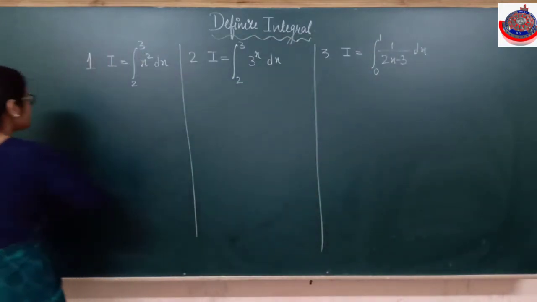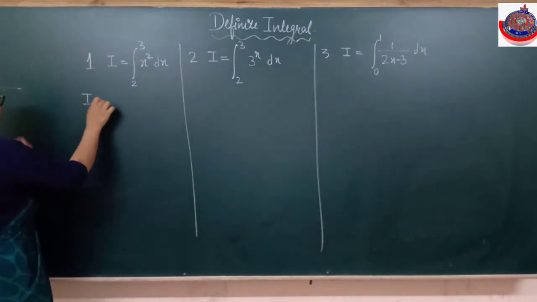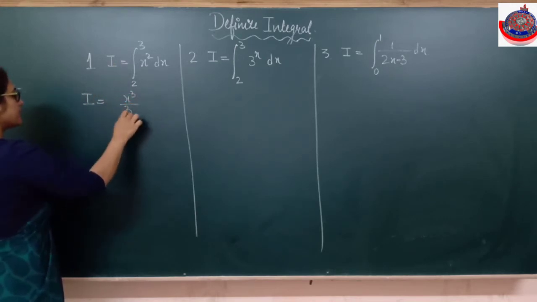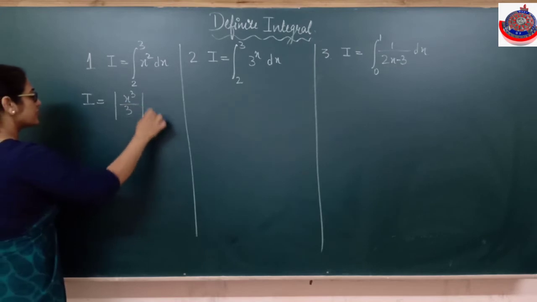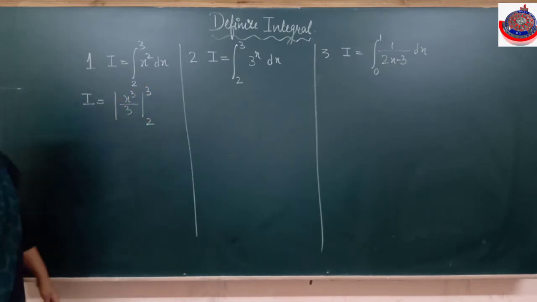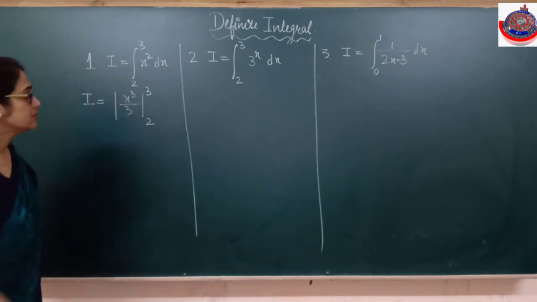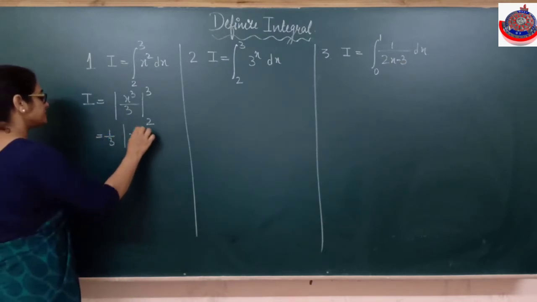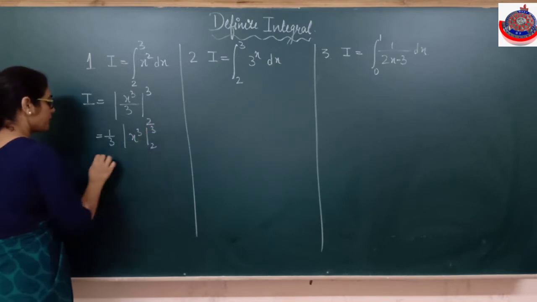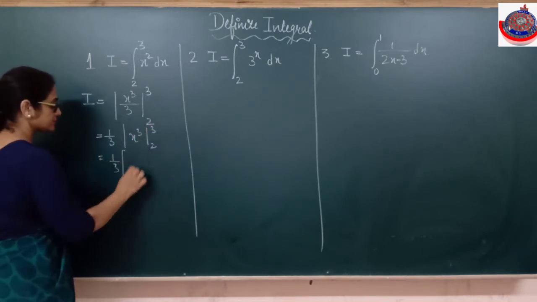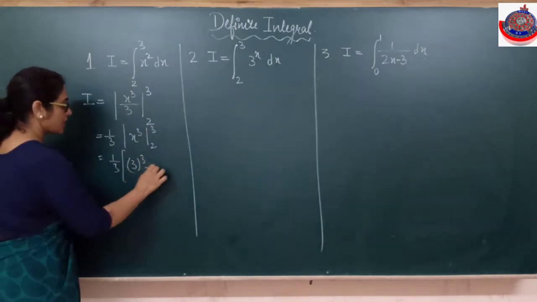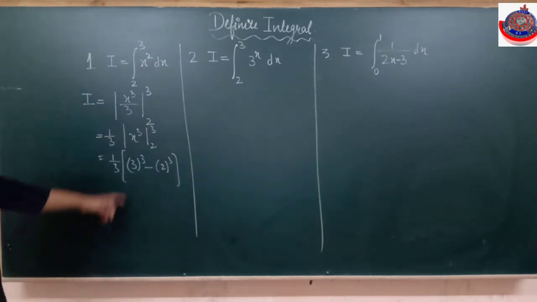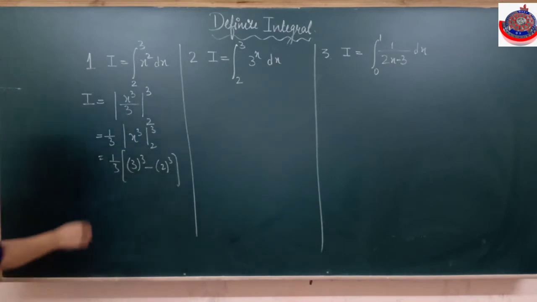So I told you the simple rule: whatever function is given inside, if you can integrate directly, x square we can integrate. Increase the power by 1, divided by the increased power. Plus c does not come because we are dealing with definite integration. Write the limit. Now 1 by 3 is a constant, I can take it out. Upper limit minus lower limit. When you have integrated, once upper limit minus lower limit. That's it.